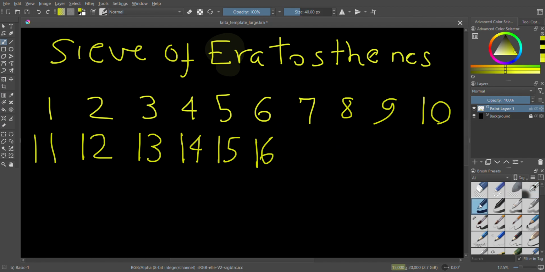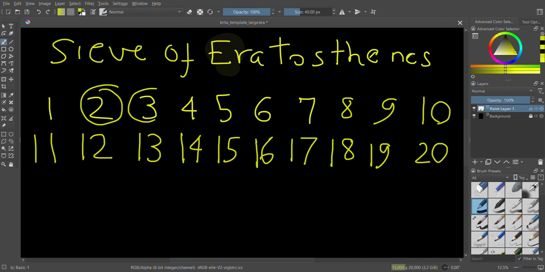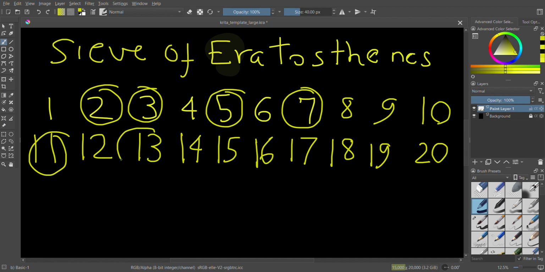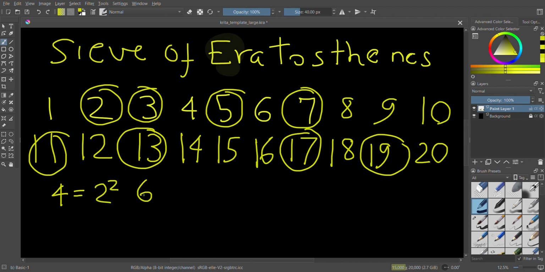Little interruption there from other things running on this computer. If you look at just 1 to 20, we know that 2, 3, 5, 7, 11, 13, 17, and 19 are prime. So at least we're 20% there. Of course, we all know that 4 is equal to 2 squared, 6 is equal to 2 times 3,